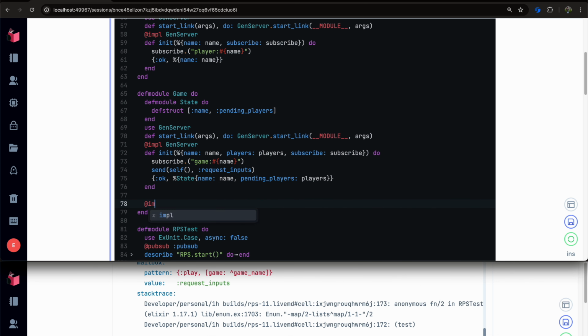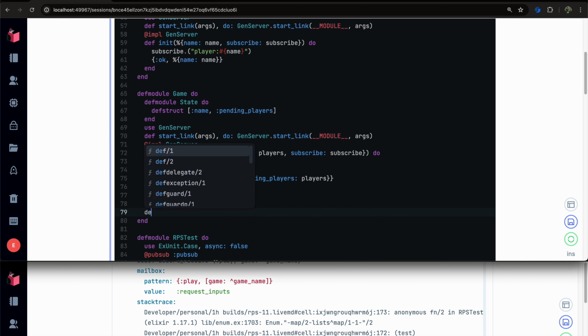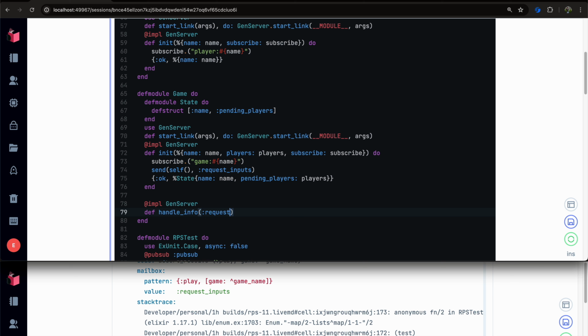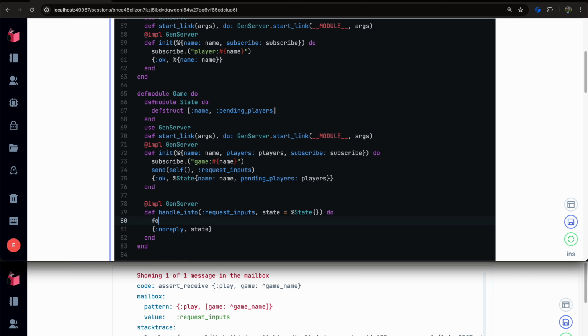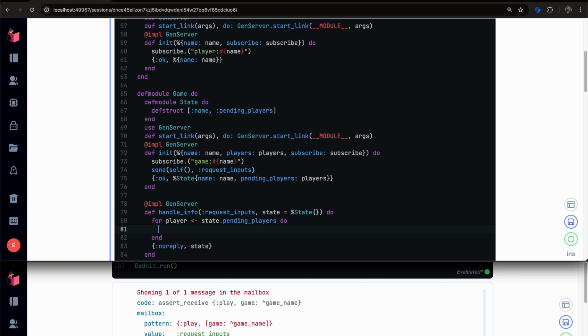So we need to do @impl GenServer, def handle_info request_inputs, state, equals, this is going to be a state, and we always return noreply, state, and then for player from state.pending_players, we're gonna do